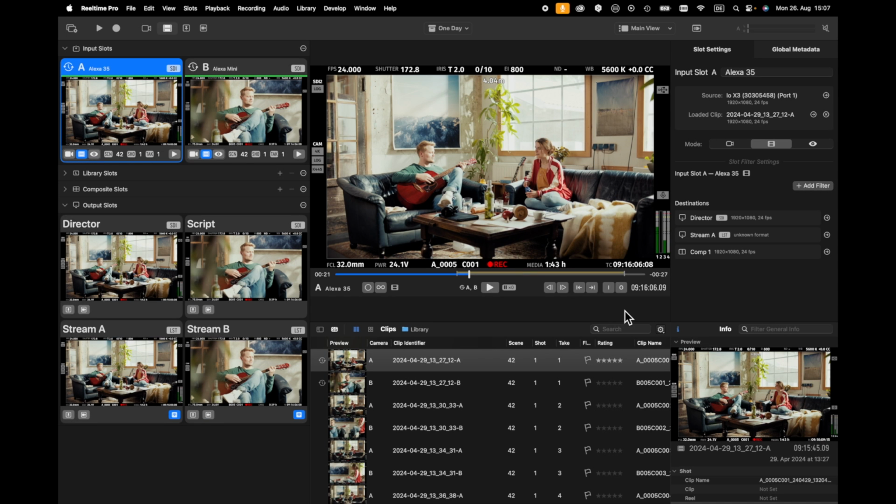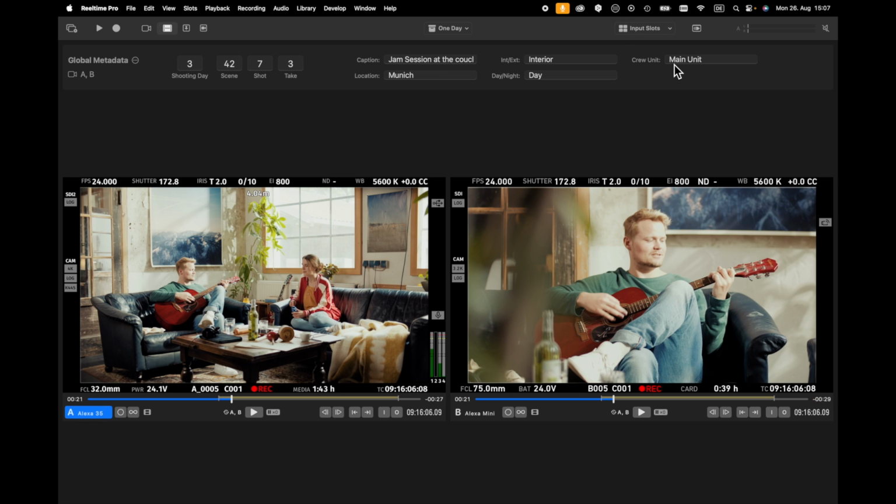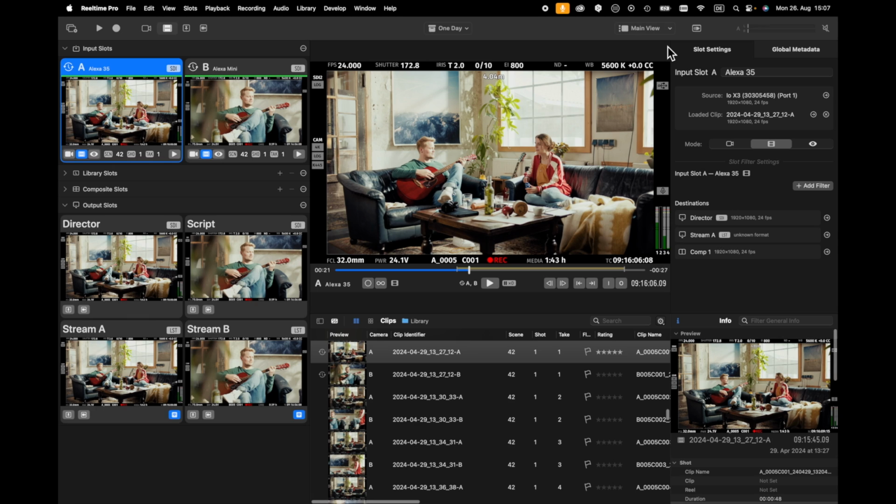This main user interface is what we call the main view. If you are already a user of Pomfort products, some of the UI elements will look familiar. The application has different window layouts, the main view layout and a subset of multi-view layouts. The latter ones are dedicated to focus on a specific task by eliminating all irrelevant options from the main view for a moment. We will cover this functionality later on in this video. Let's stick to the main view for now.